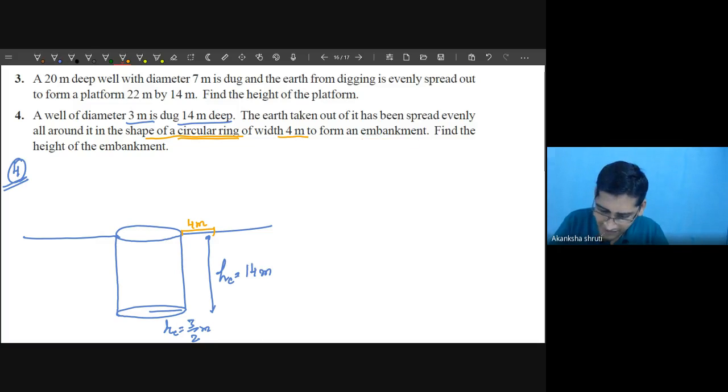to form an embankment. Student, keep in mind, it is around it, which means this 4 meter is from the end of this well. Get it? So from this you have to take the 4 meter here and 4 meter here. Means ultimately it will form another cylinder or this circular path. Sorry, let me take the other color. Get it? This way. But it also has some height. It is just a plane that we have allocated over the ground, but it